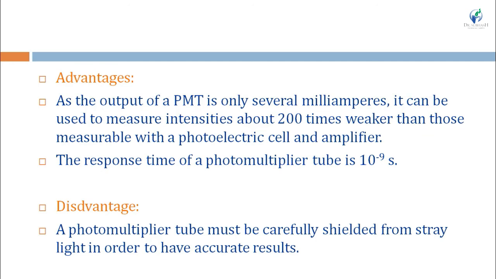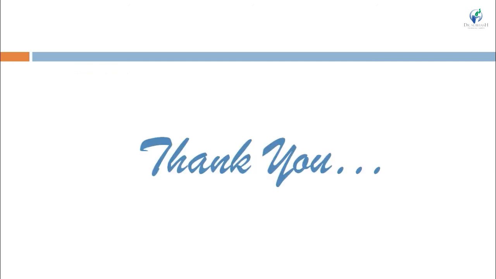So this was all about the detectors, and this was all about the main core components of the instrument colorimeter. The first component we have seen today is the sample holder, and the second component is detectors, right? And the very first component we can say is the radiation source, then the second component is filter or monochromator, third one is sample cell, and the fourth one is detector. So this was all about the instrumentation of colorimeters. Thank you.